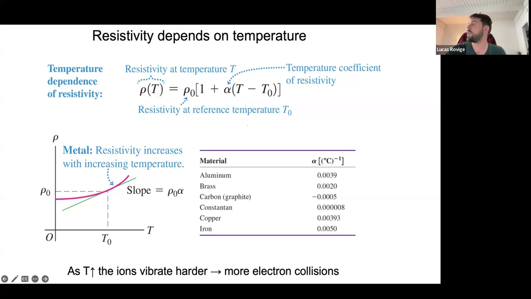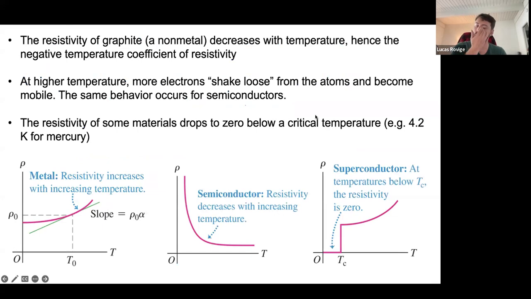But this behavior is not shared with any type of material. It's really something that's associated with metals and conductors, because if you're considering semiconductors or even isolators, then when you're increasing the temperature, you're decreasing the resistivity. So you're increasing the conductivity. And the reason for that, in the semiconductor or